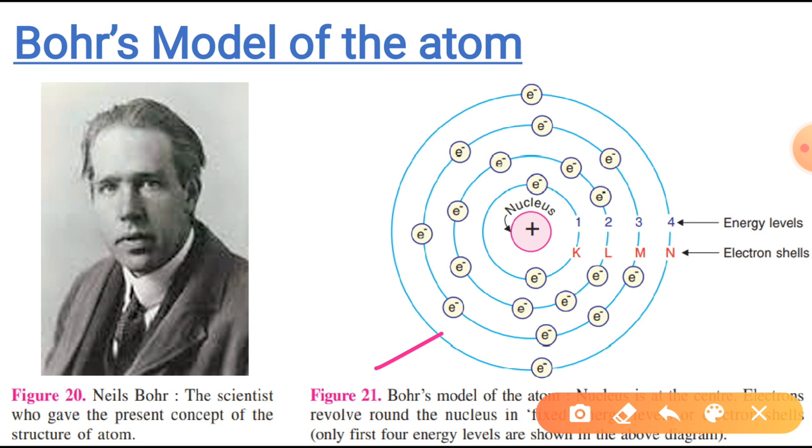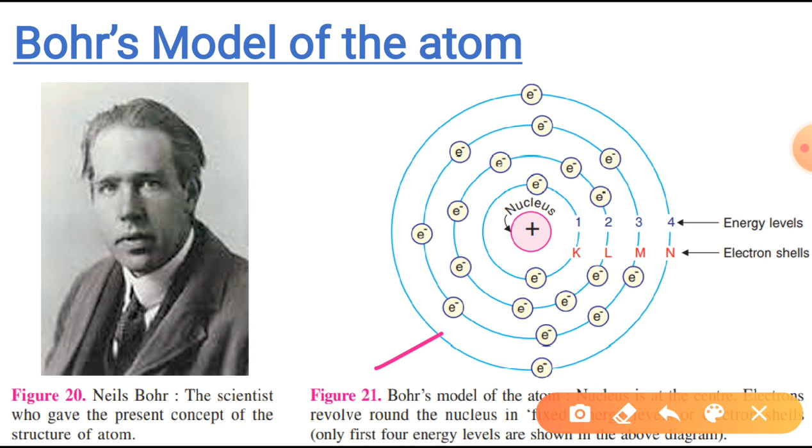Now, the orbits or energy levels in an atom are characterized by an integer n, where this n can be 1, 2, 3, 4, and so on, any value. The integer n is called the quantum number of the respective shell or orbit. The orbits are numbered 1, 2, 3, 4, etc. starting from the nucleus side. Here you can see them clearly. Thus, the orbit for which n is 1 has the lowest energy level.